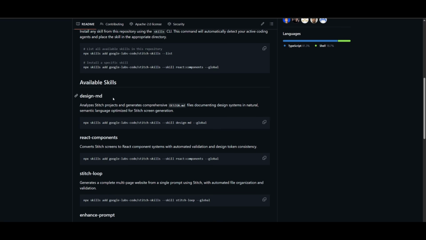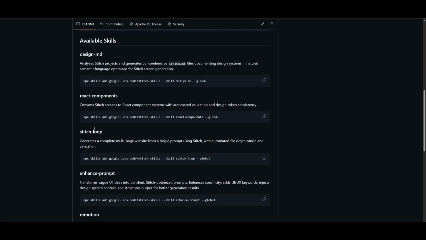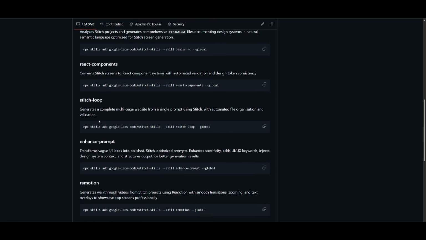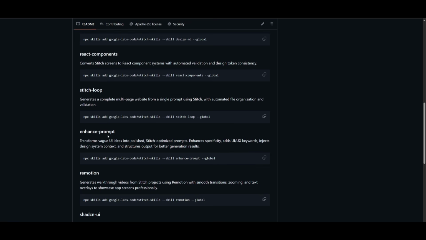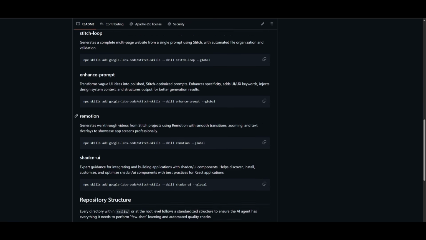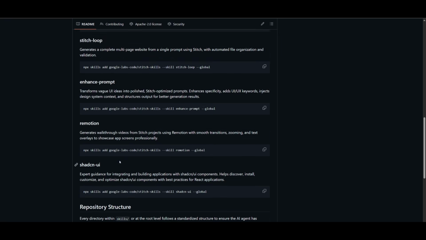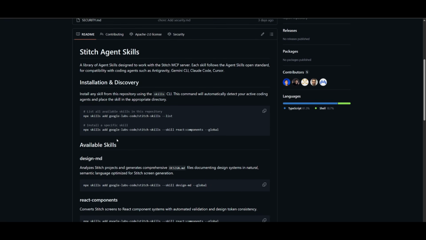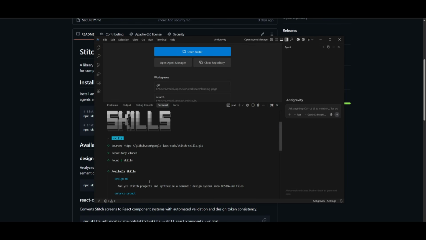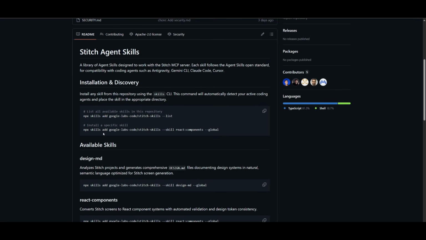Like a design MD file would be created for documenting design systems. You have React components that specialize in converting Stitch screens to React components. You also have a Stitch loop skill, an enhancing prompt skill, and a lot more. Remotion is a really good one. So I would recommend that you install these skills. It's not necessary that you use them, but it will enhance your output. And if you install all of them globally, you can use them whenever and have Anti-Gravity use